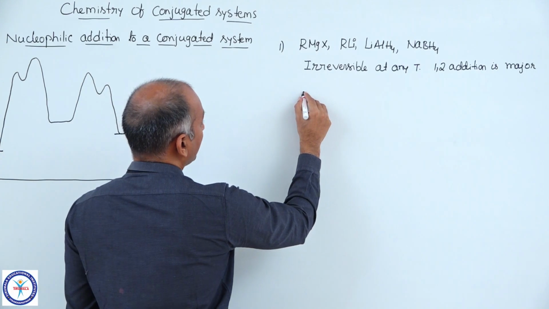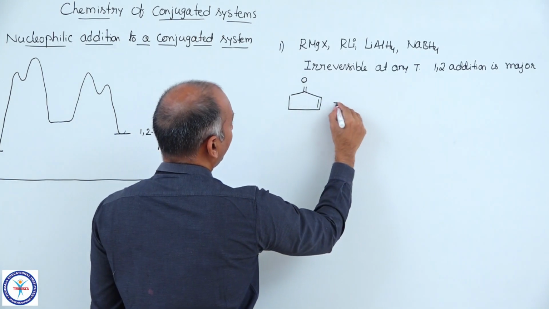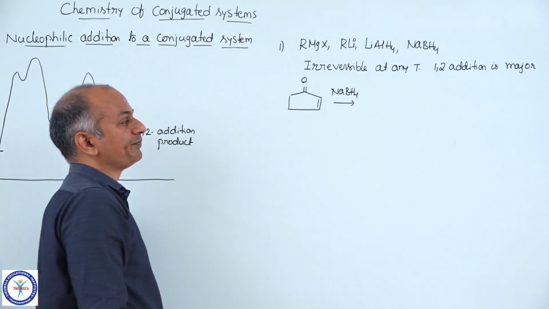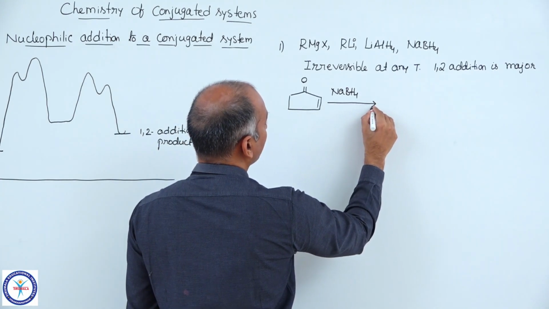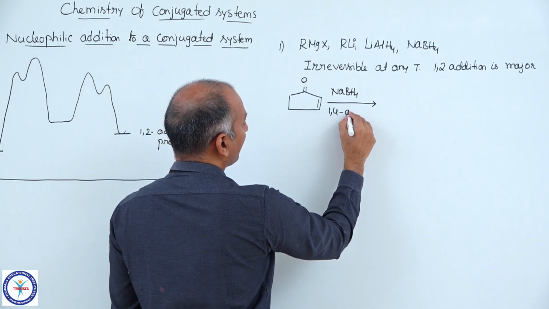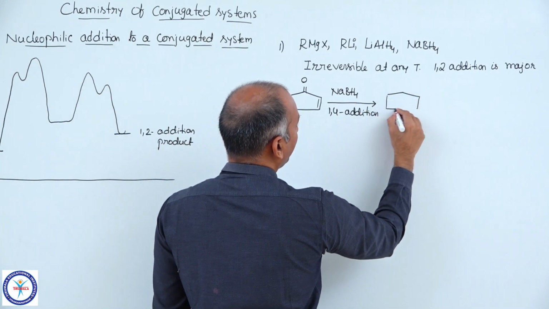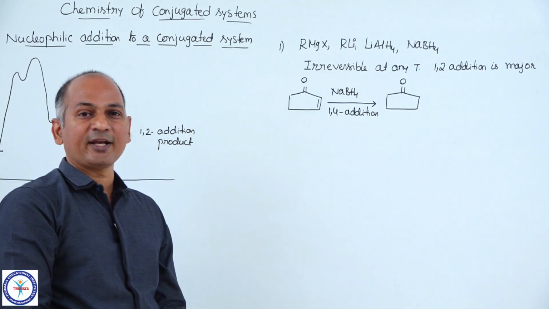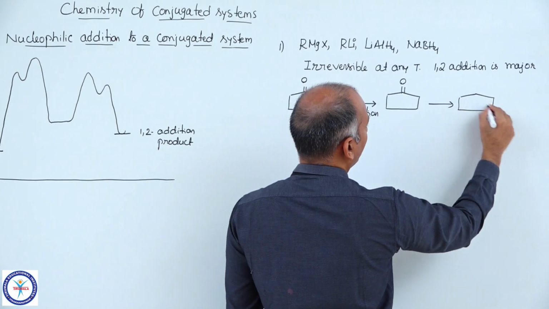The first one is, suppose you take a cyclic compound and you treat this compound with NaBH4, and here in the first step 1,4 addition happens, not 1,2, an exception to this particular observation. So we will get first 1,4 addition, and as a result, if you complete the tautomerism step also, you will get this compound. And because NaBH4 can reduce ketone, ultimately this is not the final product. The final product is cyclohexanol.